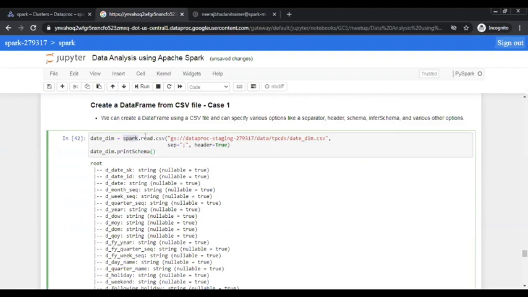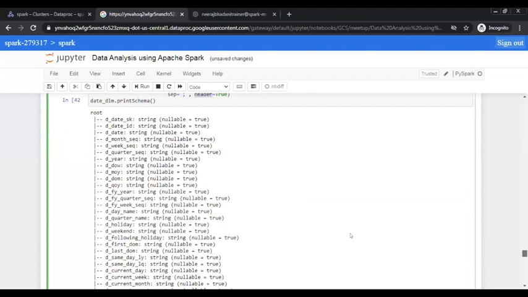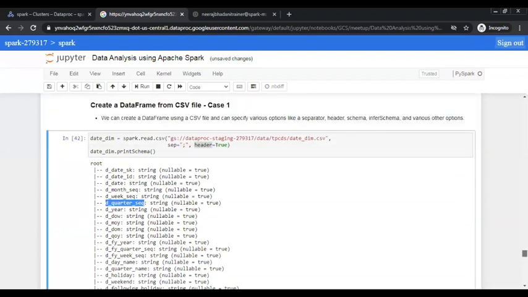So we use spark session.read.csv. And inside the CSV, we specify the location where the CSV file is, what the separator is, and whether it has a header or not. And we have created a data frame, but before I display the content of the data frame, I would like to display the schema. If you look here, all the columns are string. However, we were expecting some of the columns as, let's say, integer or some other format, but here everything is string, because when you read the data from a CSV, it will read all the columns as string.